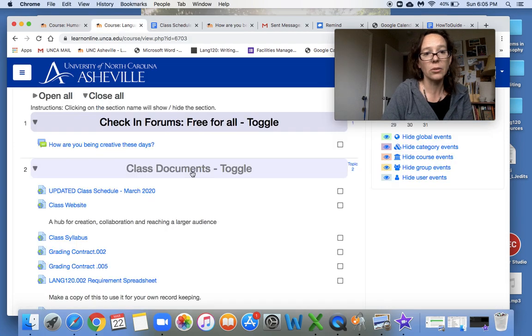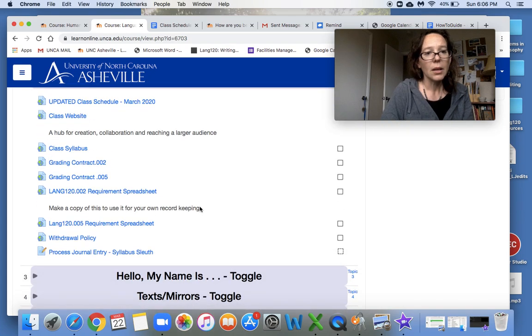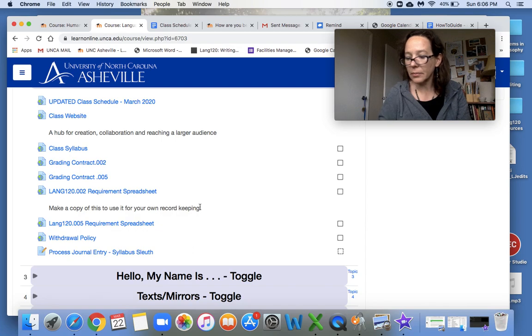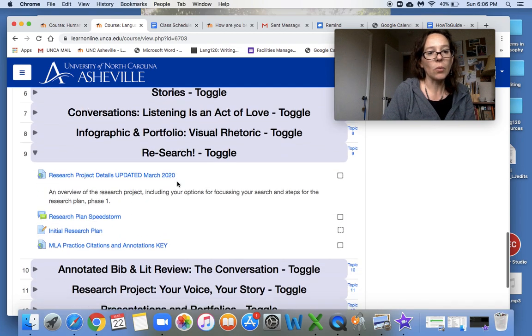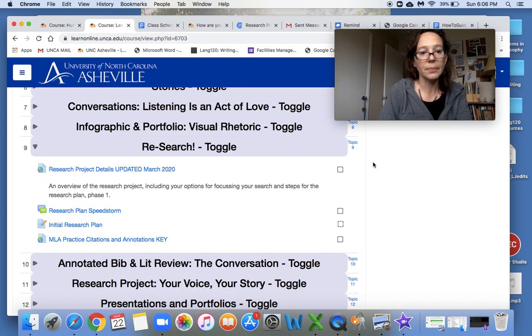I'm going to go back to our Moodle page. All right, so we've covered that. The research plan. What we're doing this week is all located in toggle number 9 here, and you'll see I have given the project details an update and adjustments, and so let's open that together and see what it holds. Other things on the Moodle